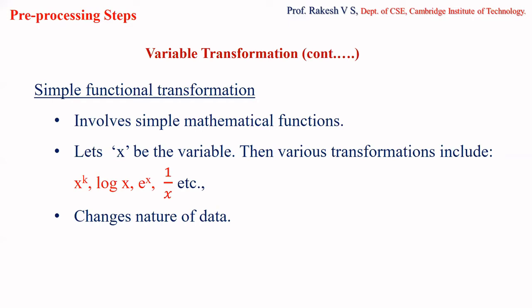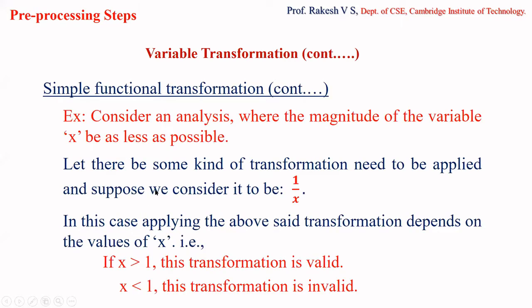But one important thing that we have to keep in mind here is that when we are performing transformation, the nature of the data changes. So you must be very, very careful regarding the transformation that you are going to apply, because if the analysis requires a particular kind of format, and you by mistake apply a transformation which does not yield the value required for the analysis purpose, that should not happen. Since the nature of the data is getting changed, you must be very careful with the transformation that you are applying. For that, let us consider one example.